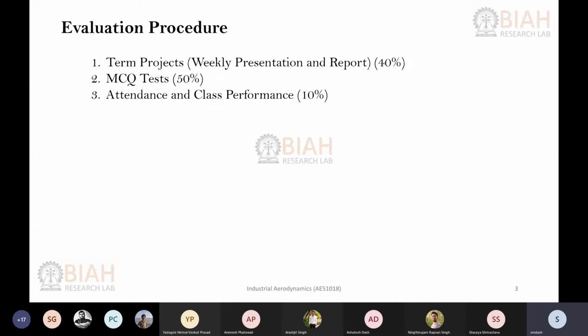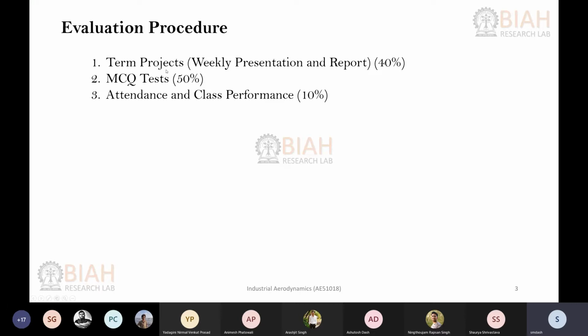Okay, let me talk about the evaluation process. This will again be continuous evaluation, the way we followed in the previous semester; the same thing will be continued. I suppose we don't have midterm and end term so far. If that comes into the picture later on, the evaluation process will be different, but so far this is what I will be following for this particular course.